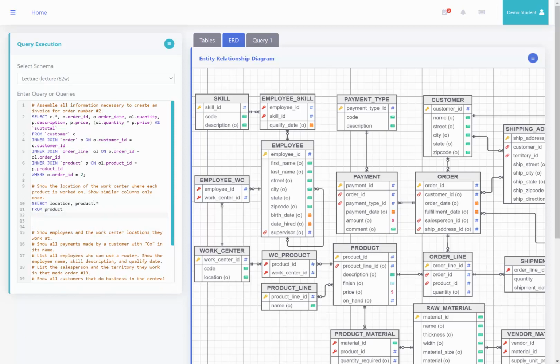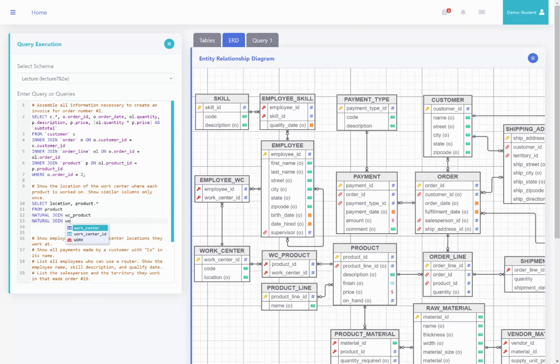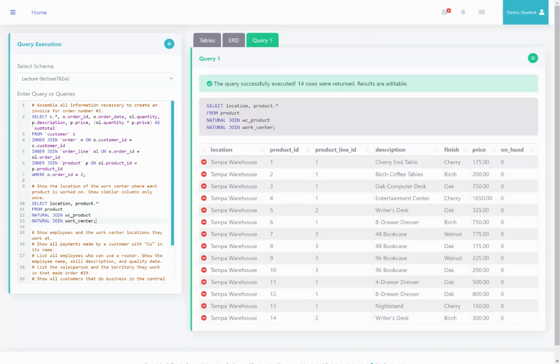I don't need to include table aliases because I'm going to use a natural join. And I'll natural join work center product. And then I'll natural join work center. And let's go ahead and run this query. And we can see the location is in the Tampa warehouse, and all of these products are associated with that